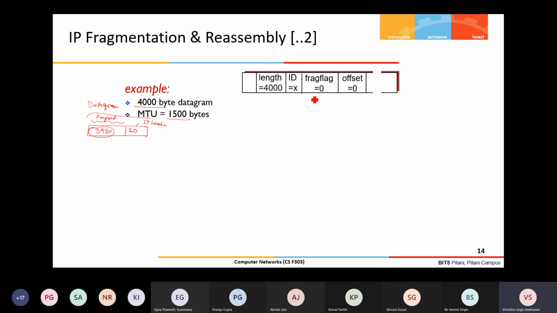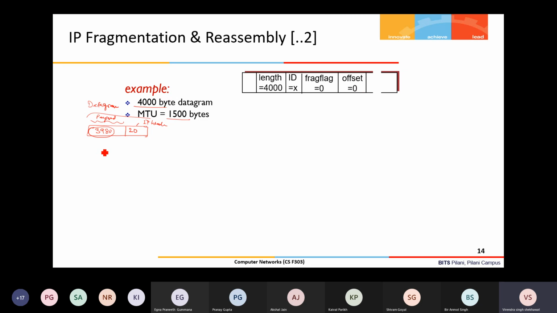So three fields are there. First of all, for each fragmented datagram, it will use one unique ID. Suppose this ID is X. And then the flag and the offset.